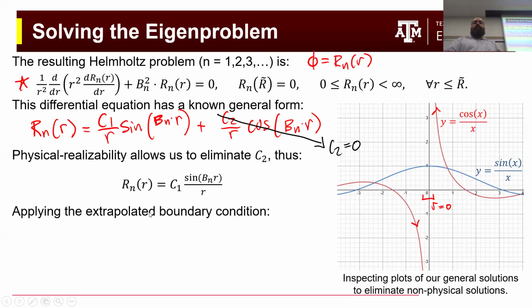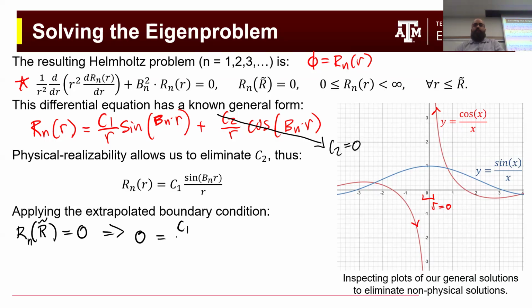And so if I know that this is going to be my solution, then I can apply my boundary condition to this solution. So what we said with our boundary condition was that my function R_n evaluated at the extrapolated radius R tilde is 0. So this implies that the left-hand side is equal to 0, and then